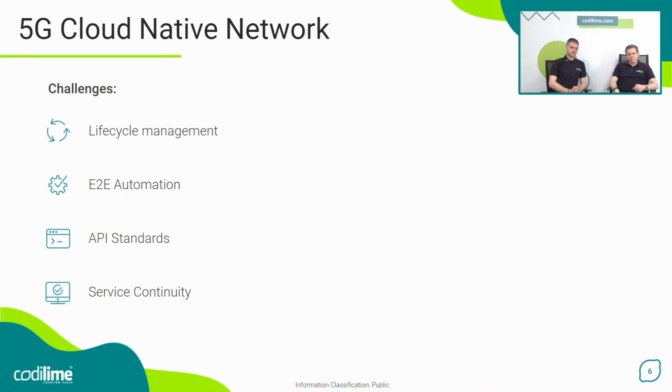And with the more spread and the bigger networks, we'll also need an end-to-end automation and make sure that we can orchestrate everything from the one place and improve the security by the central policy management. Also with a lot of different technologies and smaller parts to make sure that we can keep up with the technology growth, we will need also the standards for different components to make sure that the more companies and more vendors, not only the large one but also the smaller one, will be able to contribute to this